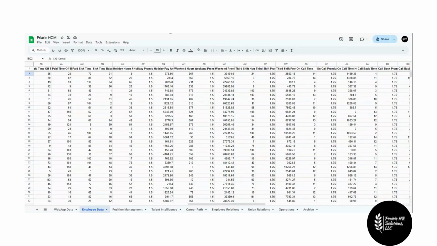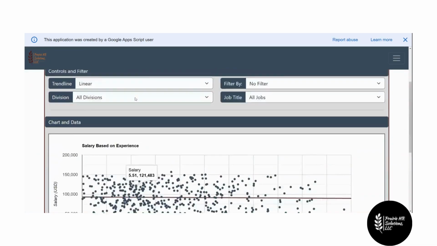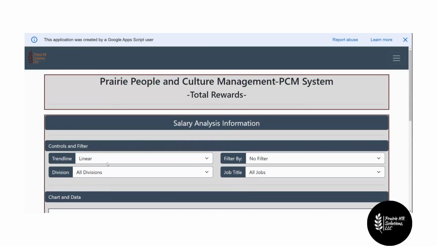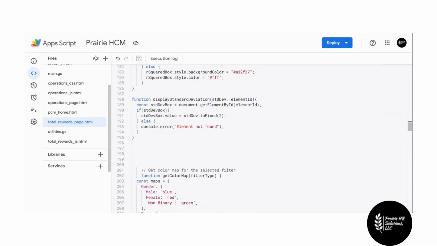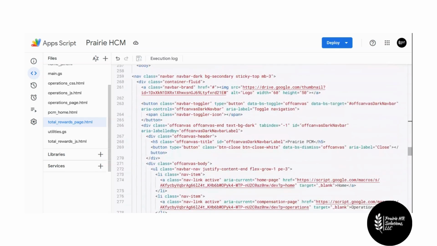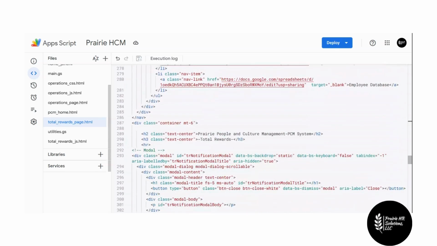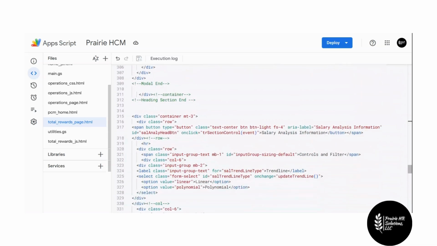So to do this, what we're going to need to do is essentially wrap this whole salary analysis information, this entire container, in a div. So let's go over here to our code and let's come down here to where our container starts. So we have this container. So what we're going to do is wrap this in